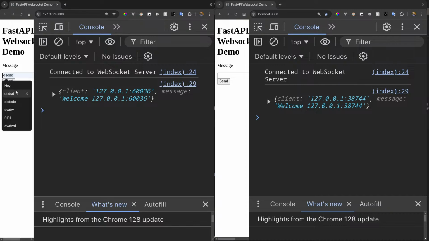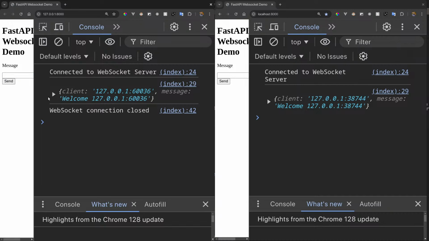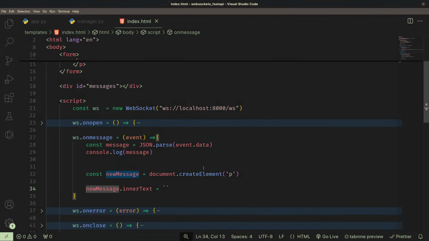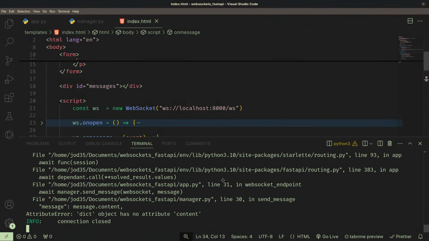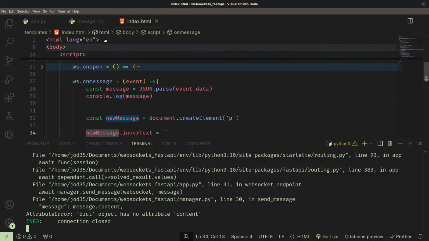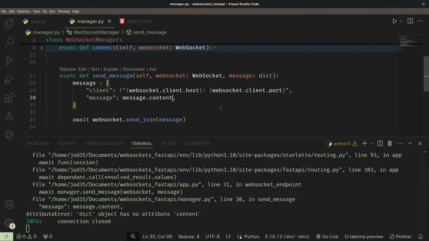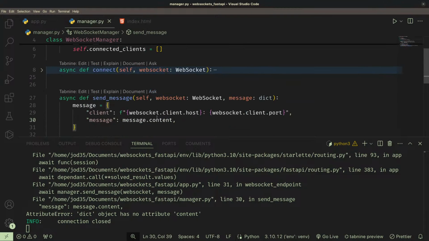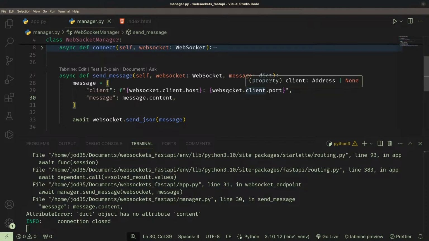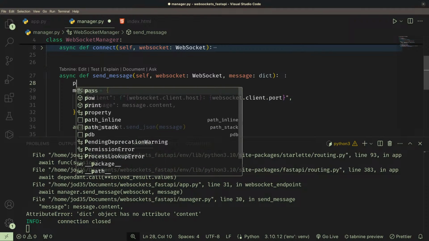If I send a message via this client, we're going to see WebSocket connection closed. So there's an error that is happening on the server side. And now we are saying dict object has no attribute content. So I guess I'm doing something wrong when receiving that data. To fix that, I have to view the message I'm actually working with. So I'll print